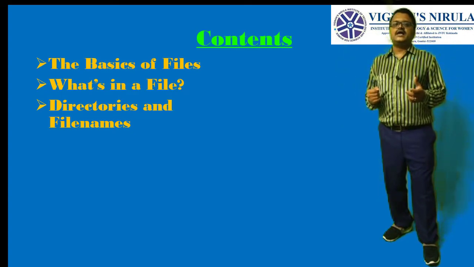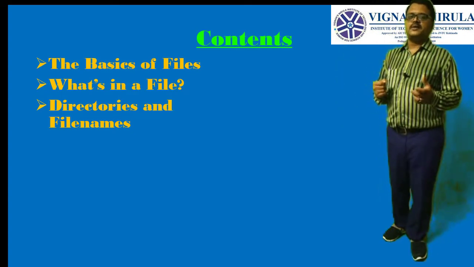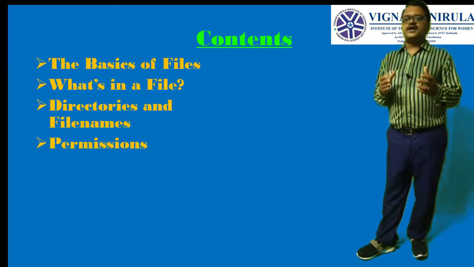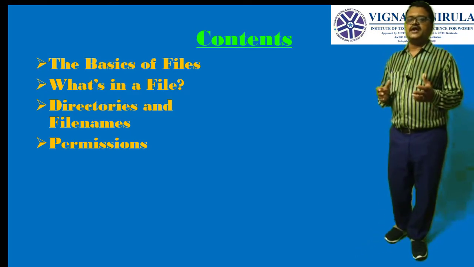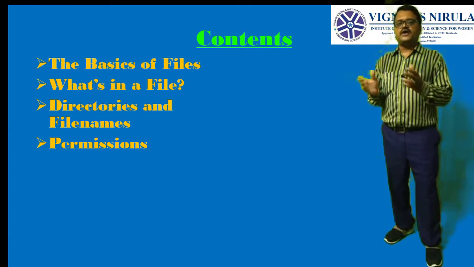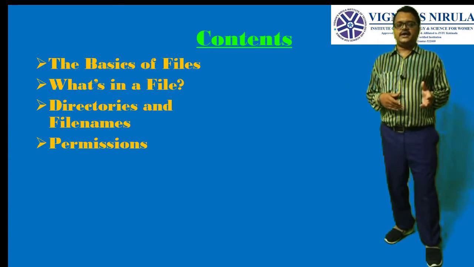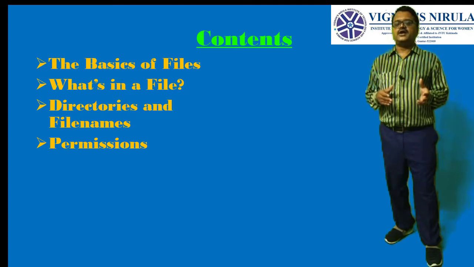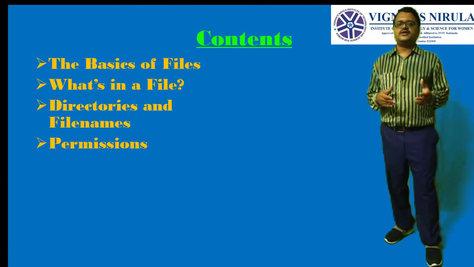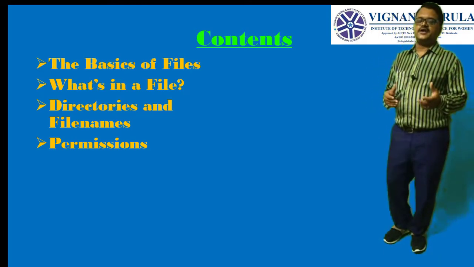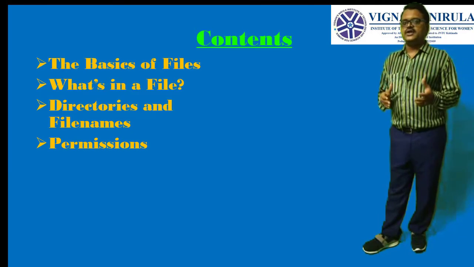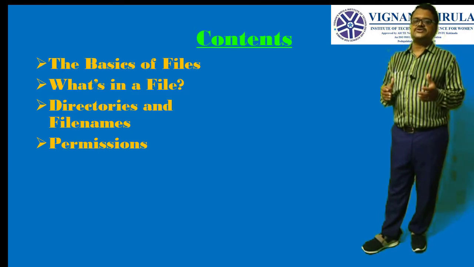And fourth topic is permissions. That is what are the different types of permissions present in a Unix operating system for a particular file or a directory. We will discuss read, write and execute permissions with respect to file as well as with respect to the directory. We will also see what is write protection, what is read protection and what is execute protection, and that also from the directory point of view. Okay, so this is about the permissions associated with a file and directory in Unix operating system.